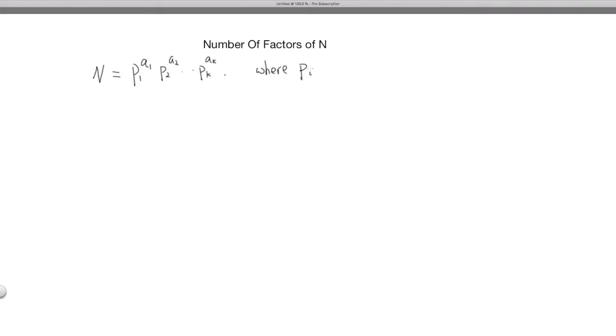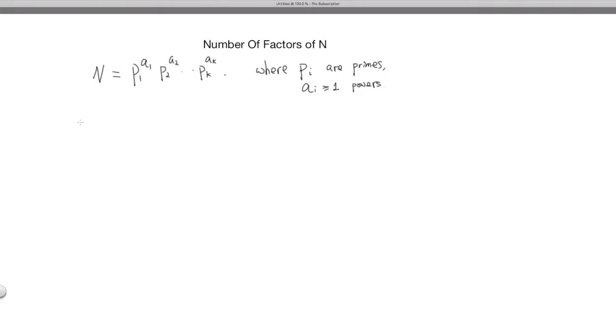where the p sub i, from i equals 1 to k, are primes, and those ai's are bigger than or equal to 1, the exponents or the powers of those primes. Okay, this is the prime factorization of n. And we have this form. But how do we go from this form to derive the number of factors? It's not very clear. So we're going to take some special cases to see if we can derive